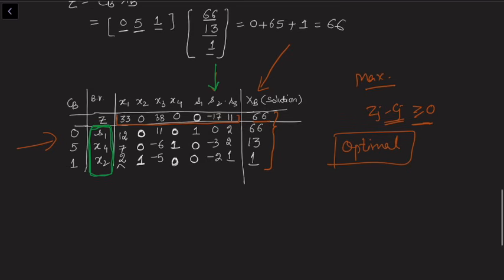But in this question that is not possible, because we see that there is an entering variable with minus 17, but none of the scalars is valid for the leaving criterion, because for the minimum ratio rule we need a scalar with a strictly positive sign. So all the scalars in this s2 column are either 0 or negative. So we conclude that this particular LPP has an unbounded solution. And in this way you can construct any simplex table corresponding to any given set of basic variables using the formulas.